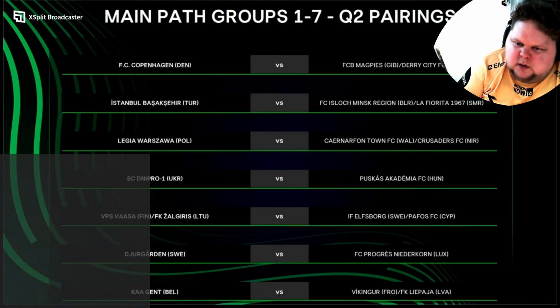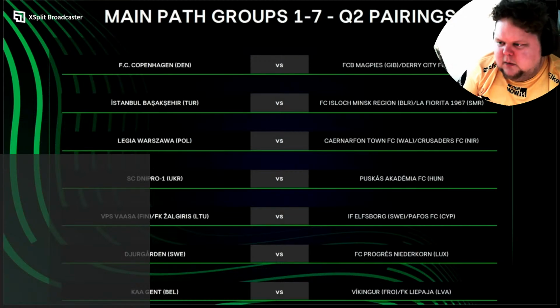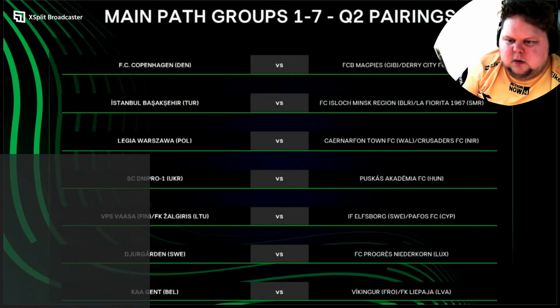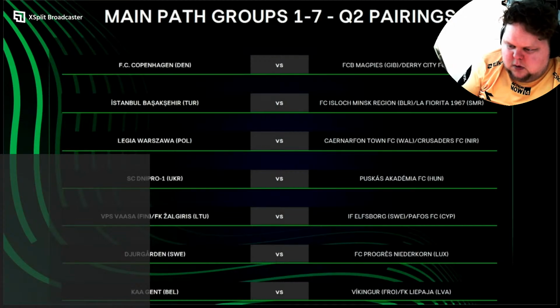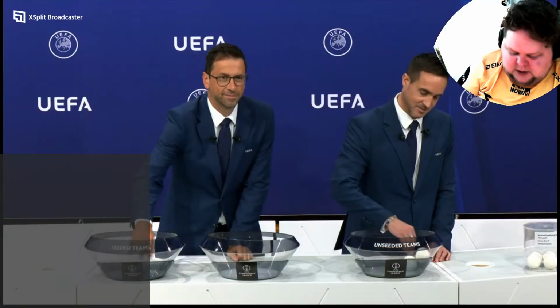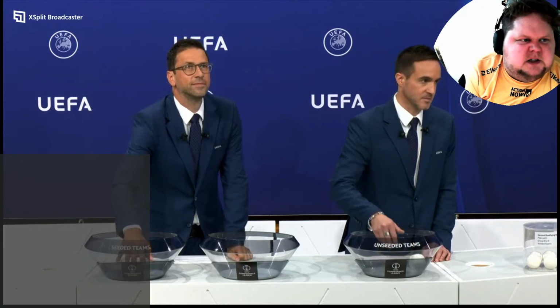In addition, VPS Vasa from Finland or FK Zalgiris from Lithuania will play against IF Elfsborg from Sweden or Paphos FC from Cyprus. Djurgården from Sweden will play against FC Progress Niederkorn from Luxembourg. And KA Gent from Belgium will play against Vikingur from Faroe Islands or FK Liepaja from Latvia. Good. 2 more. Yes. Vikingur is actually